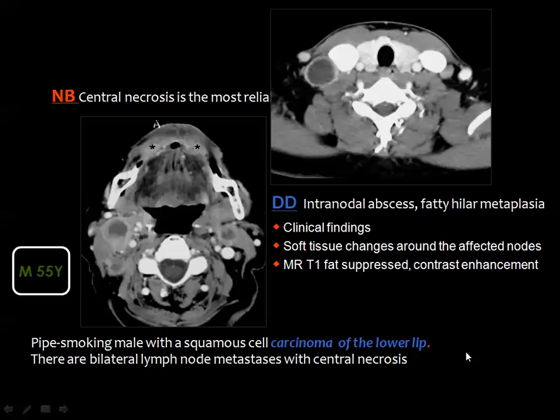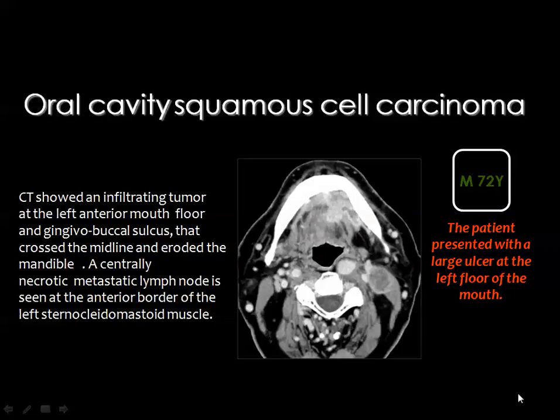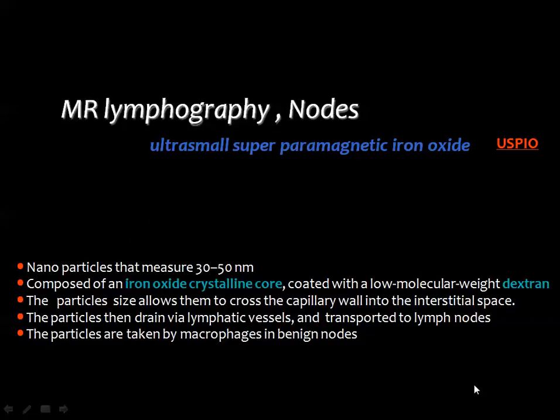This is a case of oral cancer. You see this ill-defined enhancing mass in the anterior aspect of the mouth floor. And also you can easily appreciate the presence of a metastatic node deep to the sternomastoid muscle. And this is one of the techniques used for evaluation of lymph nodes using this paramagnetic contrast material known as